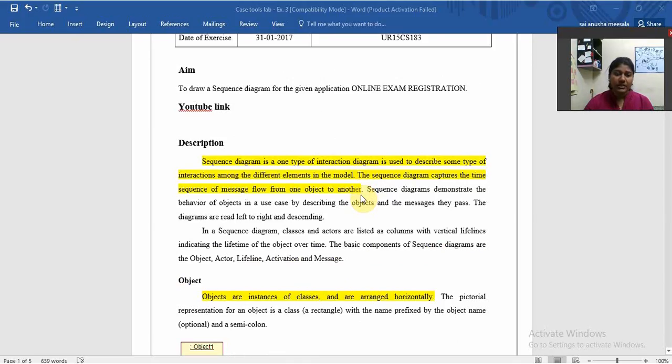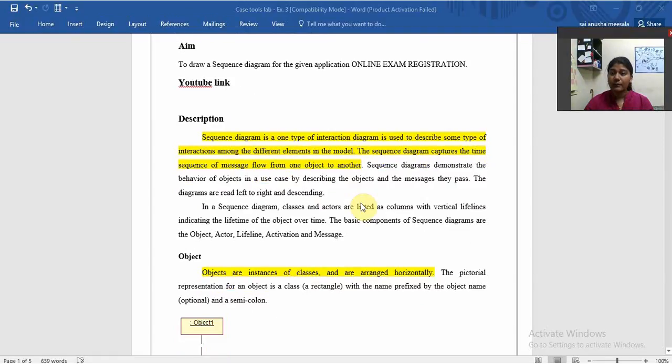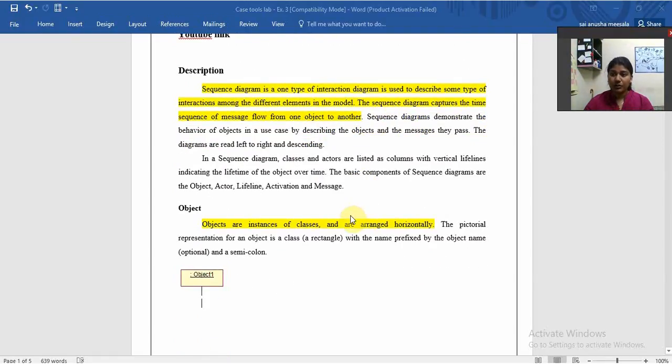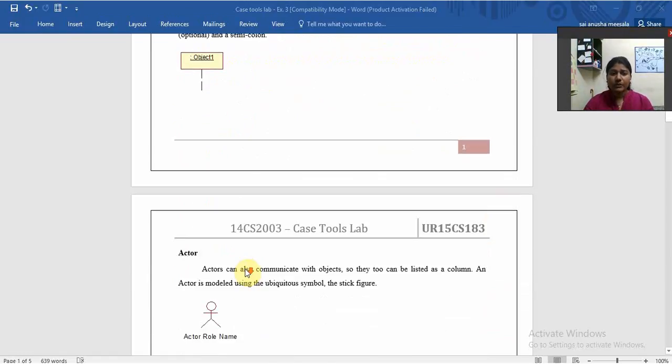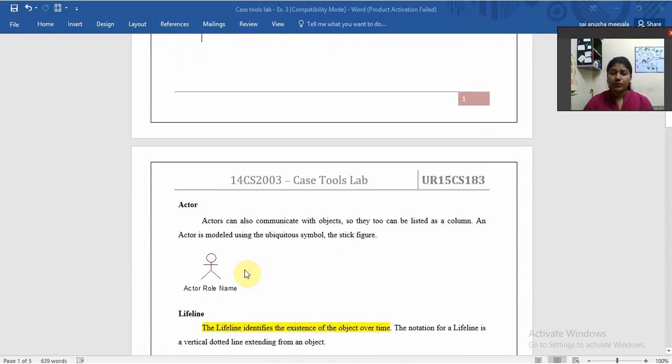So what is there in the sequence diagram? The first and foremost thing in the sequence diagram is the object. You know what an object is? An object is the instance of a class, and in the sequence diagram they are arranged horizontally. You can see over here they are arranged horizontally. Actor: in most cases an actor won't be present, but an actor has a specific goal in the